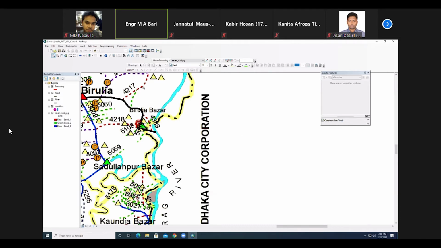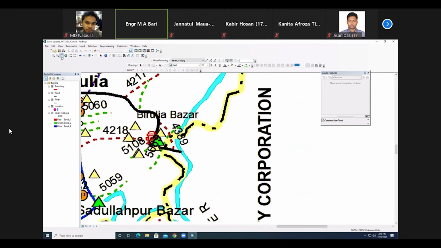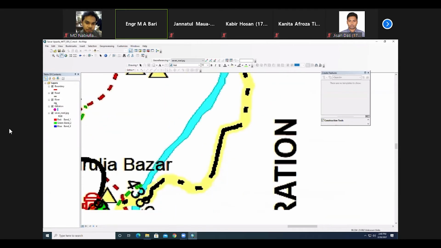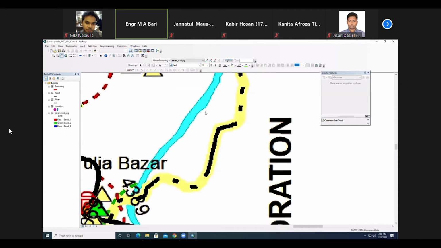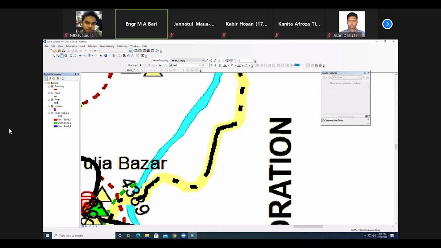Look at the river. For the river, you need to draw both portions divided. More blue, more blue. Then what you will do? Change the river color. Change it. If this color, if the black is okay, put the fine. Increase it. Then start it. Then keep the river, and you need to draw.